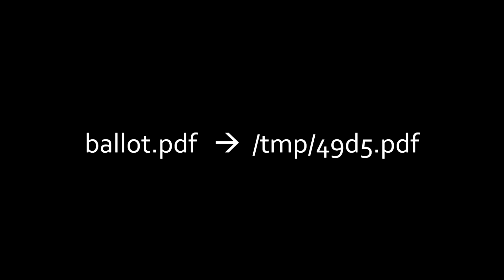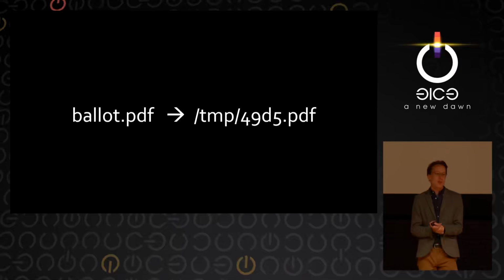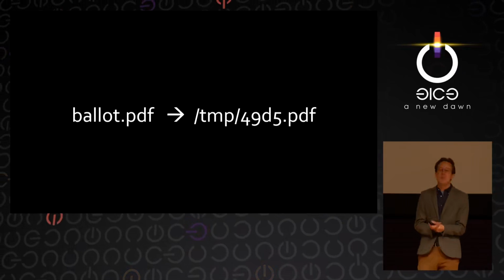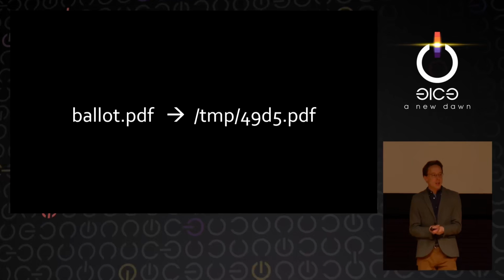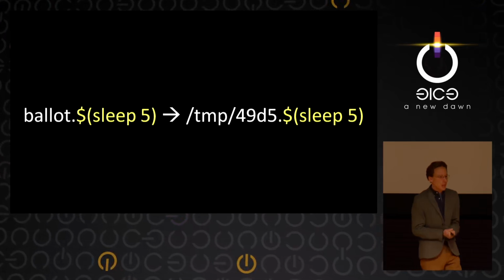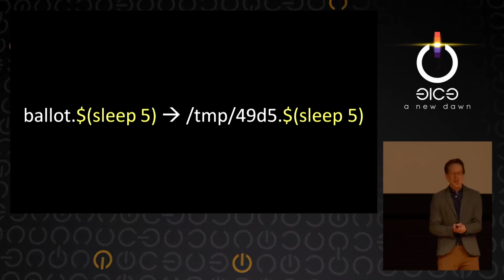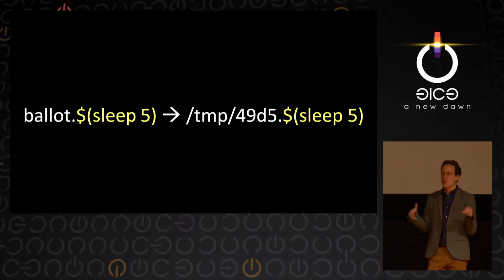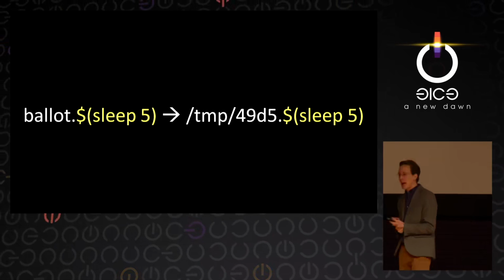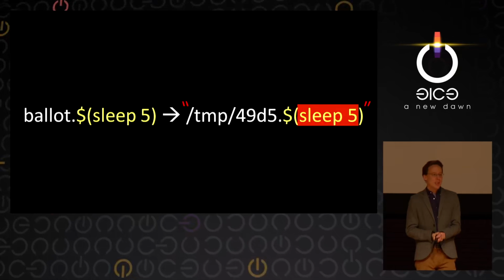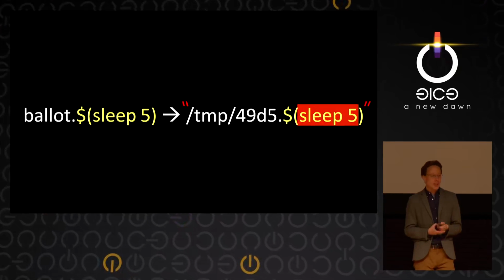So the problem is that this allows a script injection attack, because this particular library, the version they were using, just assembled a string and used the system call to pass it to bash. It was good in that it sanitized the base name of the file, but it didn't sanitize the extension. So if you used an extension that had some bash commands in it, they would be executed at the shell under the user permissions of the web server process that was accepting ballots and running the election. This was the first example we tried, and it worked.